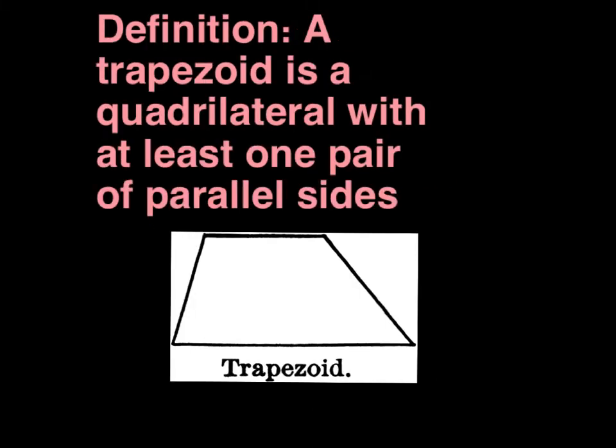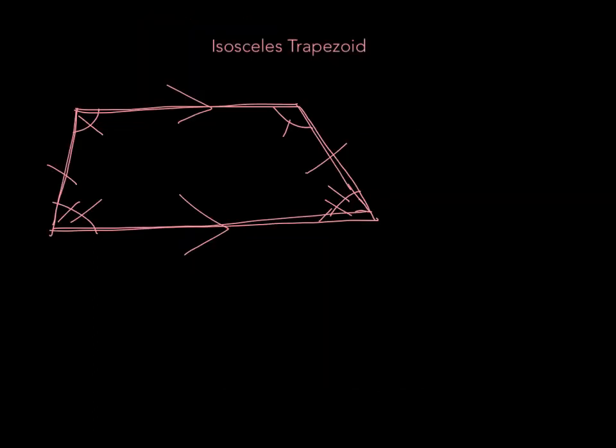The definition of a trapezoid is a quadrilateral with at least one pair of parallel sides, and these sides are not equal. The other variation of trapezoids we'll see in this class is the isosceles trapezoid, which is a trapezoid with equal lengths